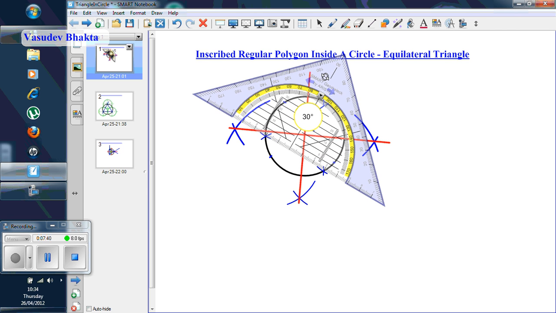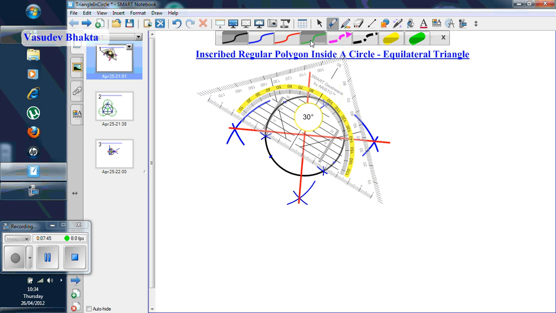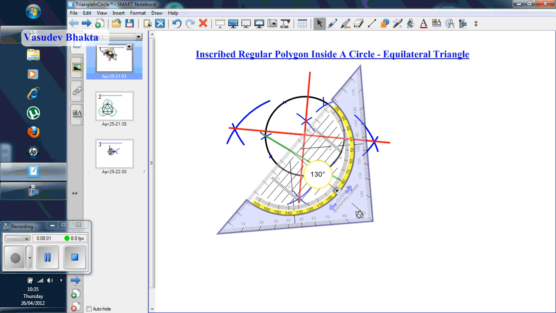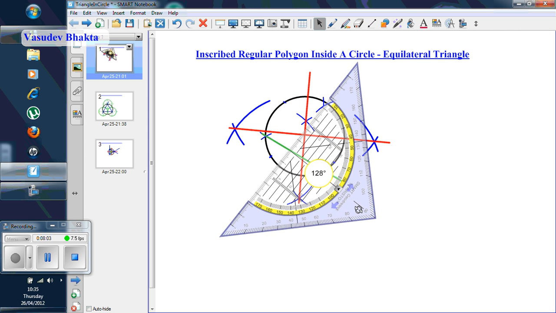I'm going to place it on the marked point and use a different color pen, this time green. Mark that point so it looks like a chord. I've gone outside of the circumference slightly just to exaggerate the point slightly more. What I'm going to do is compensate for the slight error that I've got there,